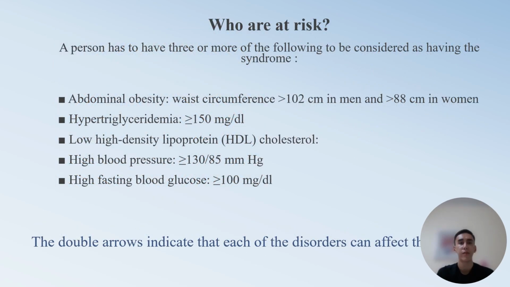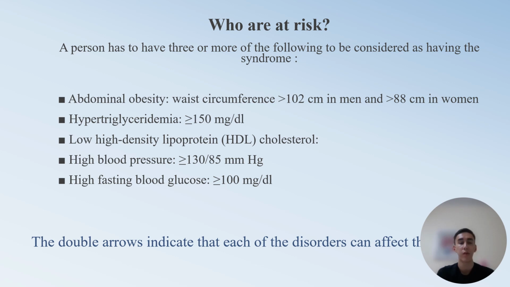To establish the prevalence of metabolic syndrome in the population, scientists first established an operational definition of the syndrome. A person has to have 3 or more of the following to be considered as having the syndrome: abdominal obesity, waist circumference 102 centimeters in men and 88 centimeters in women,